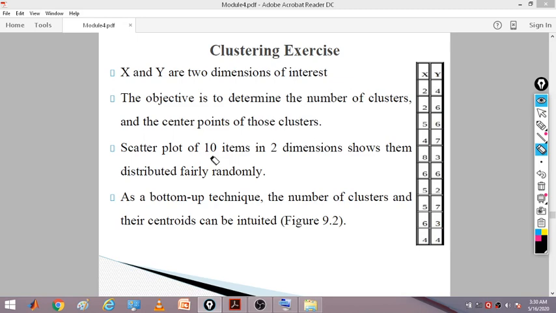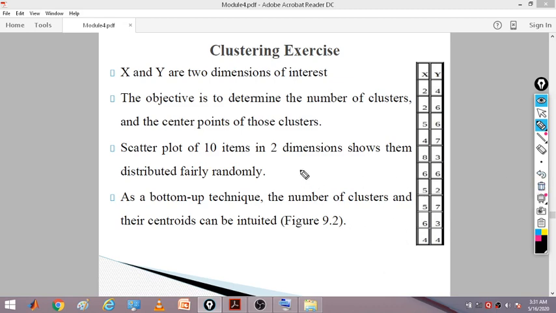When we plot a graph, a scatter plot, the horizontal axis is x and this is y. For x is 2, somewhere here, y may be 4. So this is a point representing a cluster. Like that, when x is 2, y is 6, somewhere here we may get a point. Then x is 5, y is 6, somewhere here you may get. Like that, this is called a scatter plot.